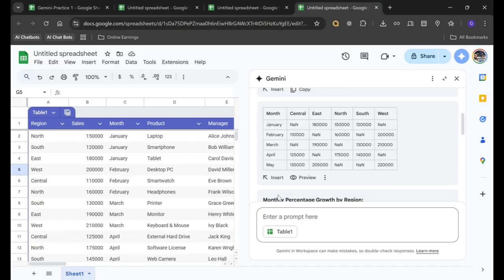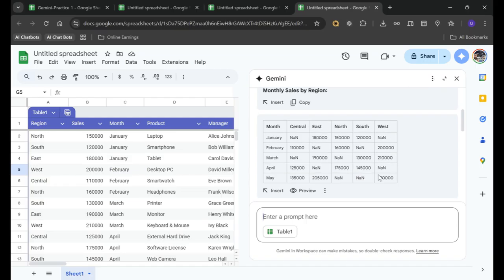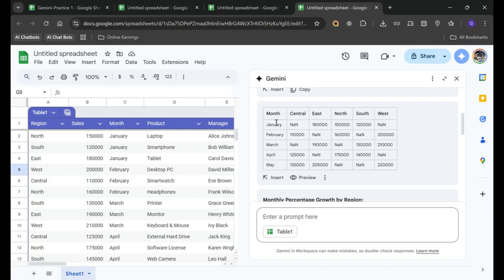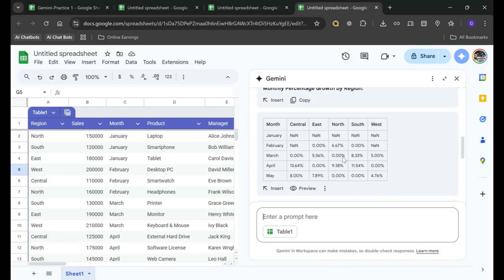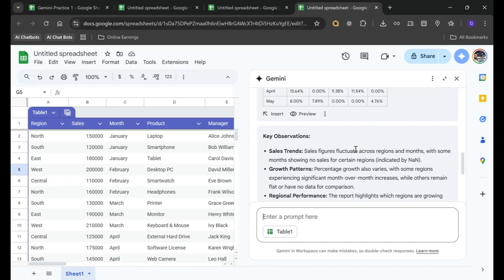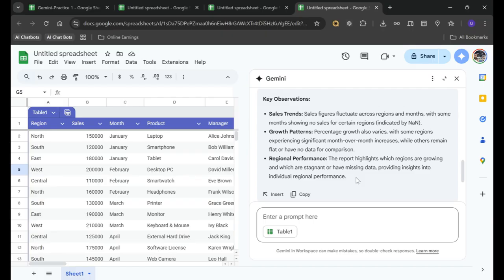first monthly sales by region. Month-wise data is showing for all the regions, and then the percentage-wise data is also showing, as well as you can check the key observations on this data. You can copy this data to the sheet itself, and you can also create a presentation based on this data. So it's a very good tool to use,